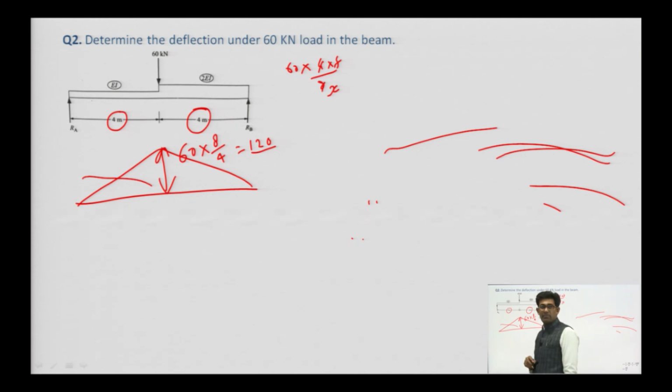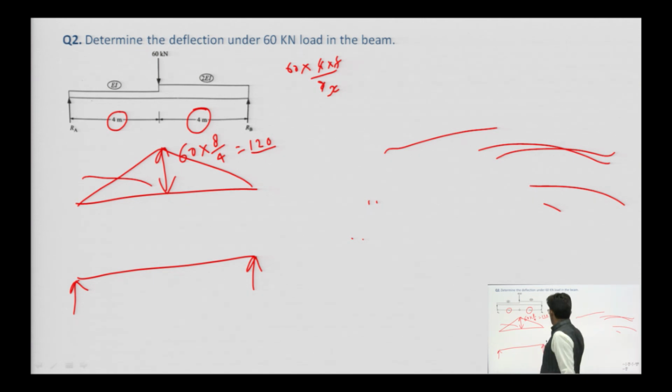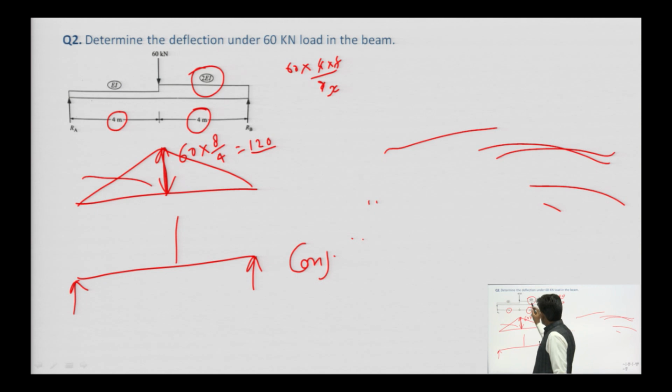So, this is the shape of the BMD, and the end conditions are not going to change in the conjugate beam, because they are outer supports. Now, the ordinate of this BMD, since the modulus of elasticity E is the same but the moment of inertia is 2I, the section changes. So every ordinate is going to be divided by 2EI. 120 upon 2EI means it is 60 upon EI. This is one ordinate.